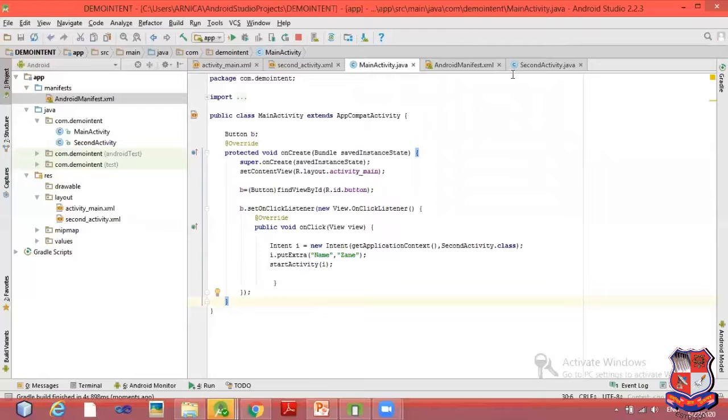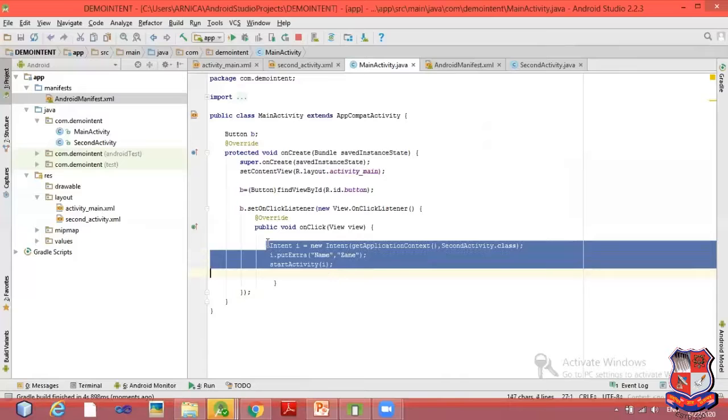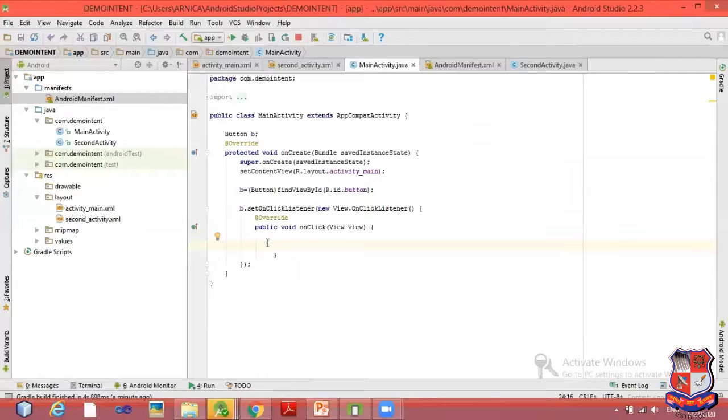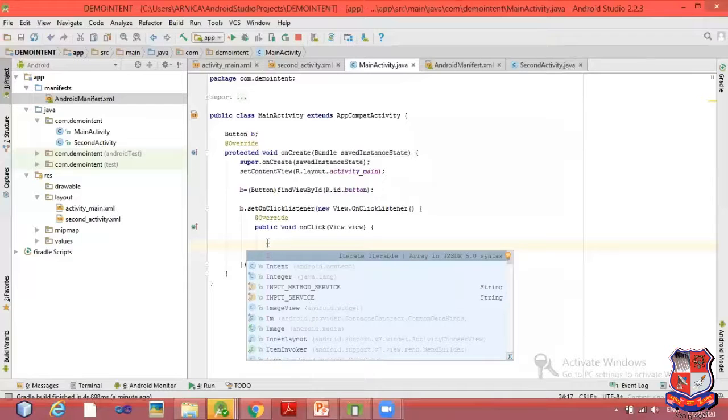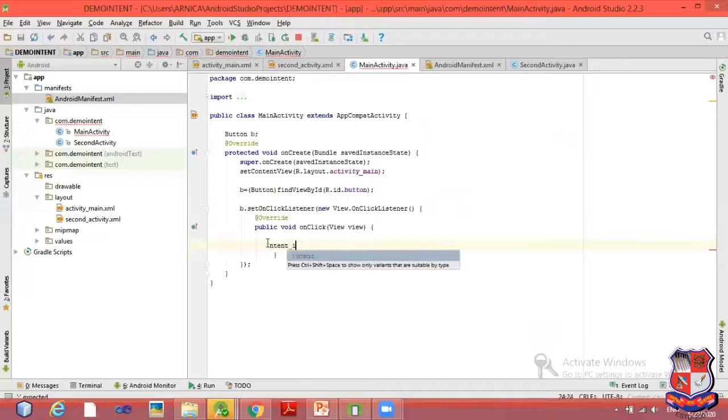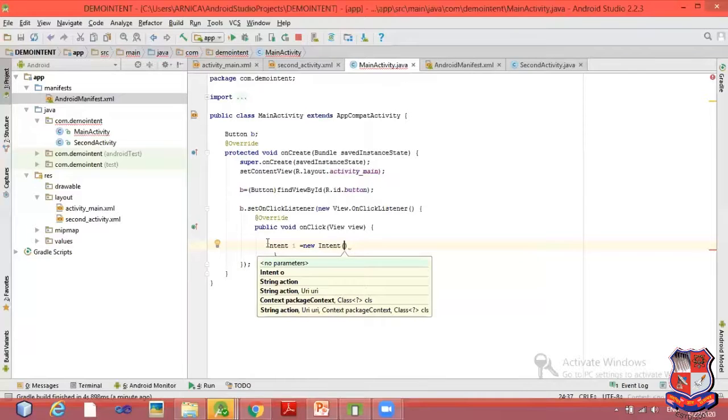So now another use is to call built-in activities. I am taking one example, opening the browser with one URL. Let's say we are opening google.com. So for that, I need to create an intent object. i is equal to new Intent. For this, there are two parameters. First, you need to define the built-in intent, and second, you need to parse the URI.